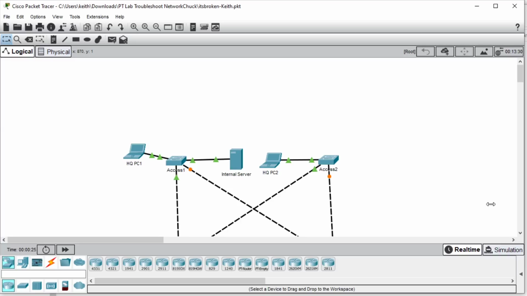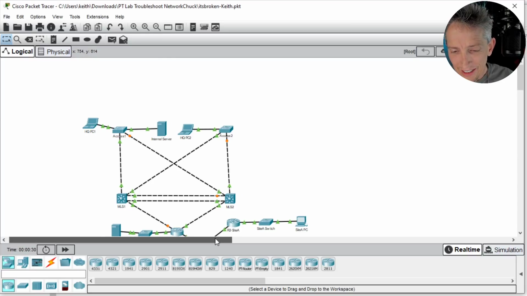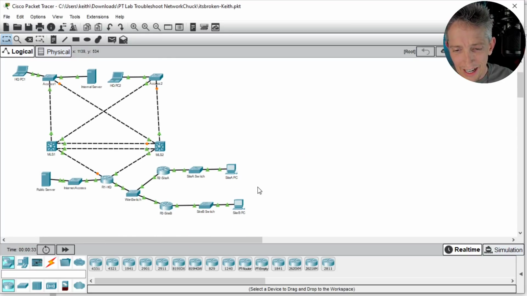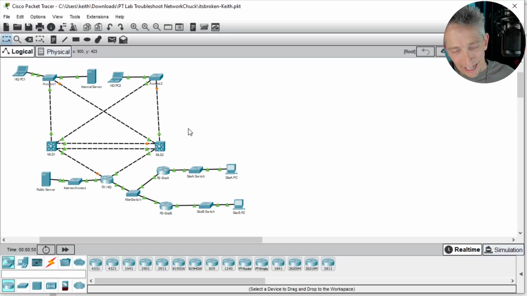Okay, all right. So let me make this a bit smaller. And look at this. I don't see all the crazy, wacky loop behavior that I did a moment ago. So we started off because we couldn't see CDP between access 1 and the multi-layer switch. And I checked, I think, everything. And so rebooting the topology looks like it might have cleared it up. And that is not an ideal scenario. Usually we like to make changes, see those changes happen, but all I just did was save it, reboot, and